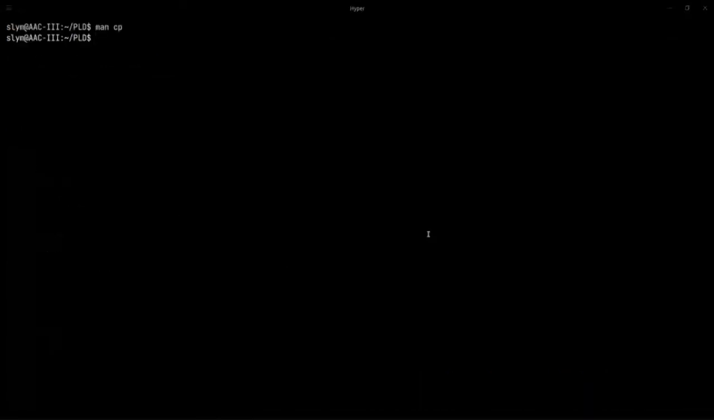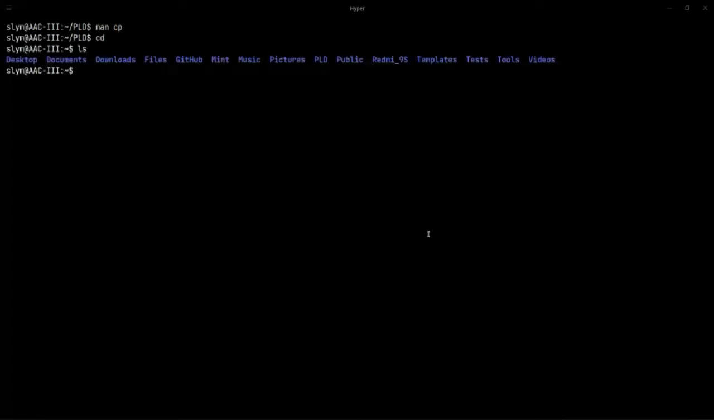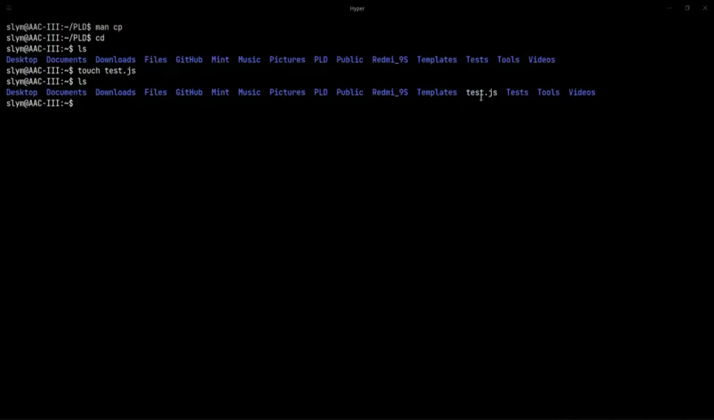And let me just do this before I forget. So, for example, I have a file now. I touch test.js. So I want to copy this test.js into templates and desktop. So if I do cp test.js to desktop,